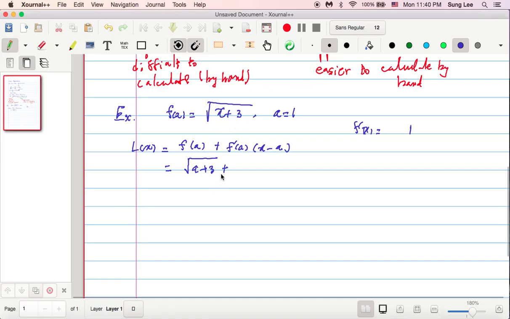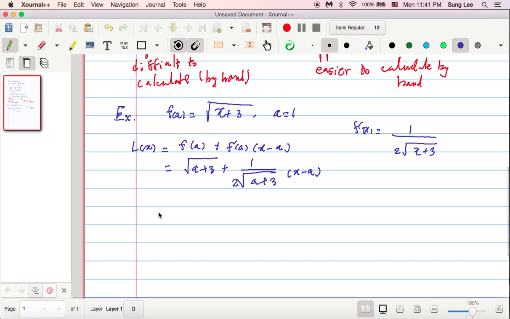But since x plus 3 is a linear function, u equals x plus 3, du dx is just 1. So it's simply 1 over 2 times the square root of x plus 3. So f prime of a is going to be 1 over 2 times the square root of a plus 3,